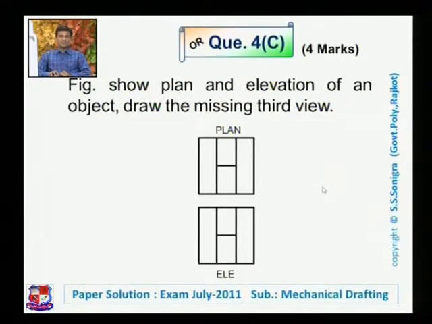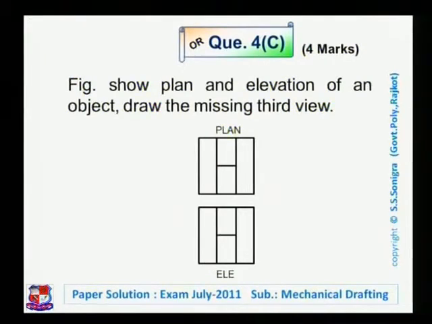So for that, first we have to imagine what the object should be. In top view, it appears as a square with this. In front view, it appears as this. Both the views are identical, and what should be its third view? So for that, let me imagine what the isometric view of this object should be. Square, square, so a cube may be there in isometric view. So we draw it over here like this. If we draw the isometric view of this given object, it may be like this.